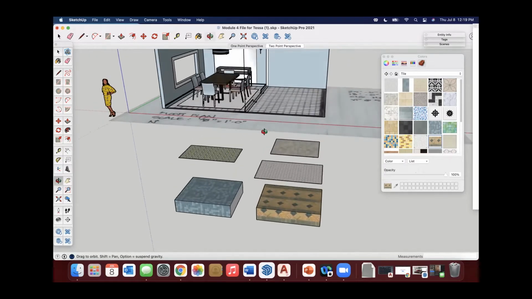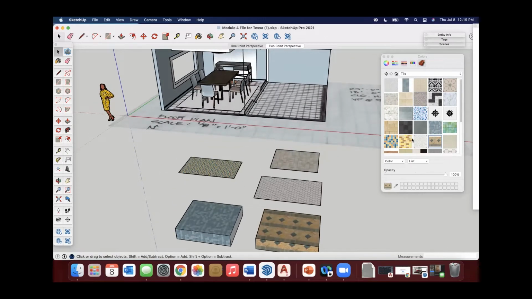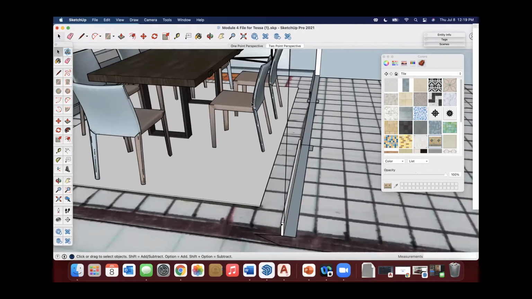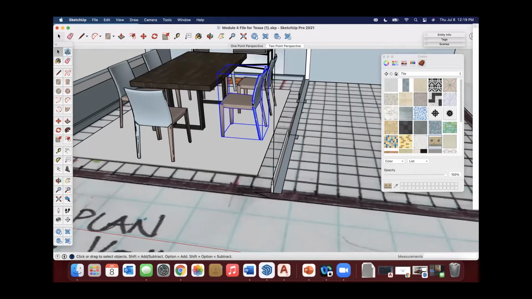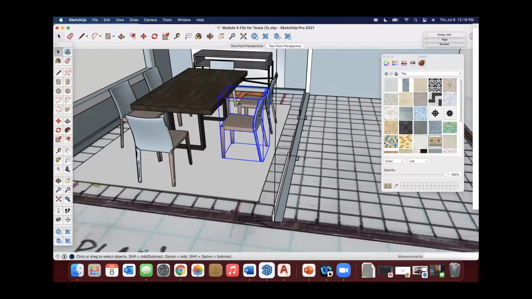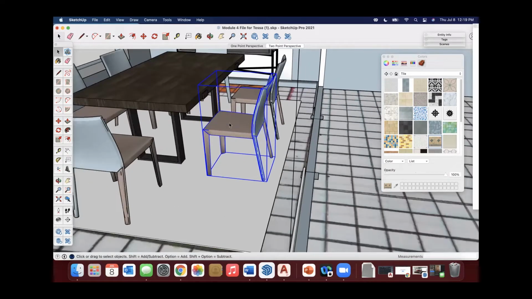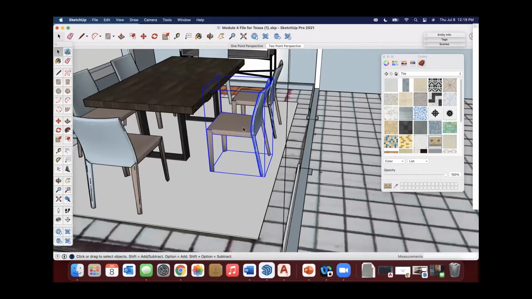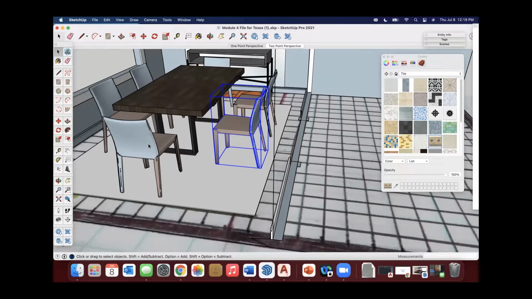The other thing is, if you are trying to apply a material to a component, the benefit of a component is like this chair, for example, in this dining room is what we call a component. Meaning anything I do to this chair, as long as nothing's been modified on these chairs to make them unique or individual, everything done to this one will automatically apply to this one, and this one. So that's really cool and the benefit.